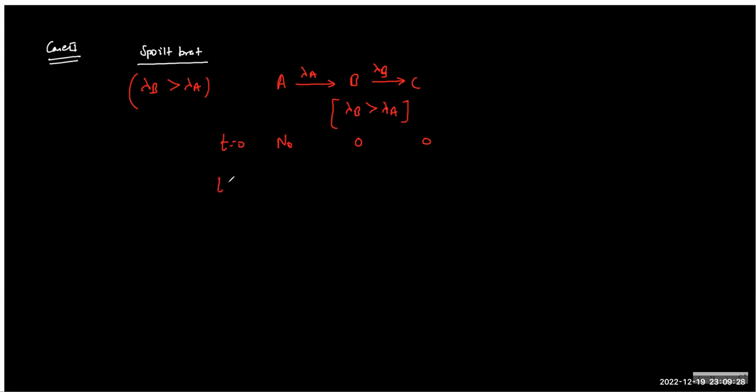We do not know how many nuclei B will have exactly. Do we know? No, we don't know. Okay, we know one thing about A, because the A decay is known to us. So A is simply decaying. So what is the value of A? N naught e power minus lambda A t. The problem with B